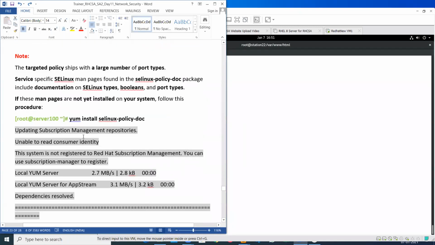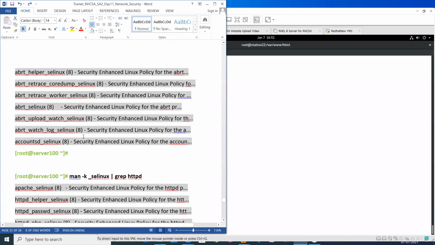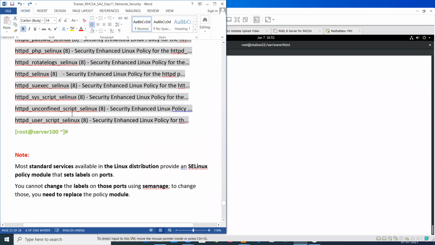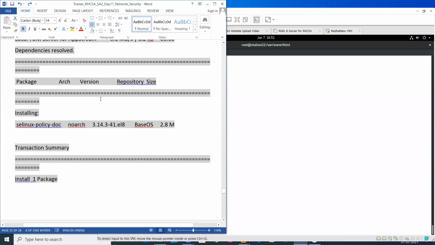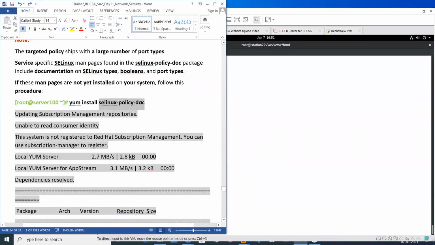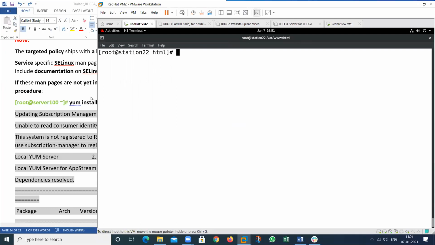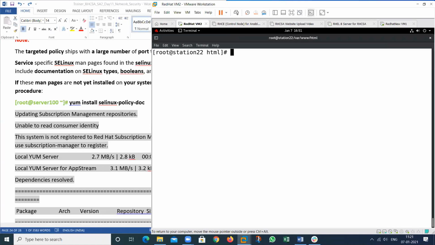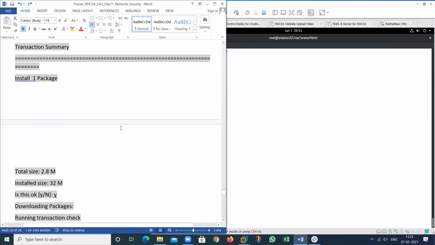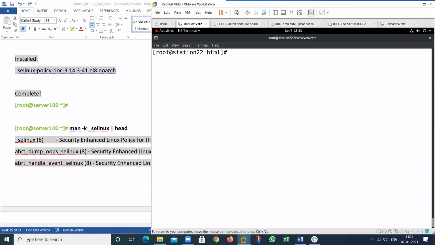So this particular topic has been completed. I have completed all these things. Now, if I want to know more about SE Linux using the manual page, type man -k selinux.